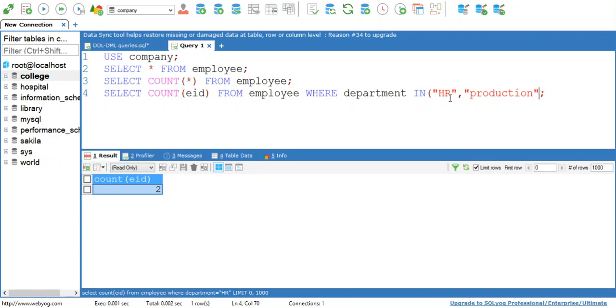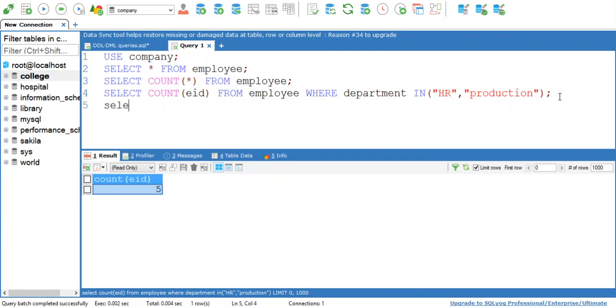Okay, so here it will check the department value against HR and production, and then it will give you data for the number of employees in both the departments. See, now the number of employees in both the departments is 5. So this is how you can use the where clause and the in keyword with the count aggregate function.